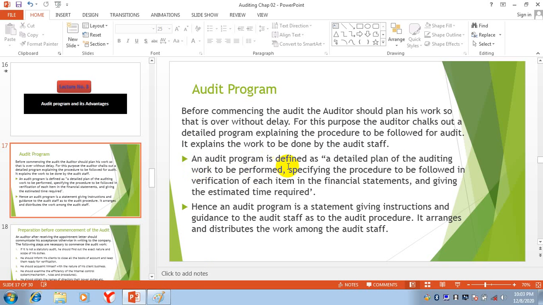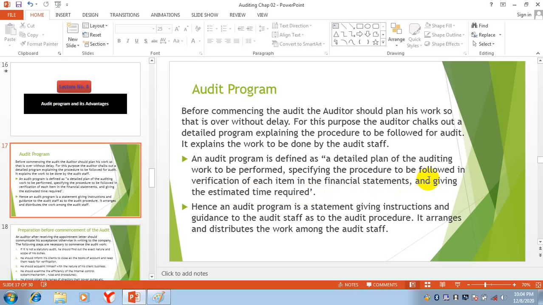An audit program is defined as a detailed plan of the auditing work to be performed. What will we do? There is a detailed plan of that work, specifying the procedure to be followed in the verification of each item in the financial statements, and giving the estimated time required.